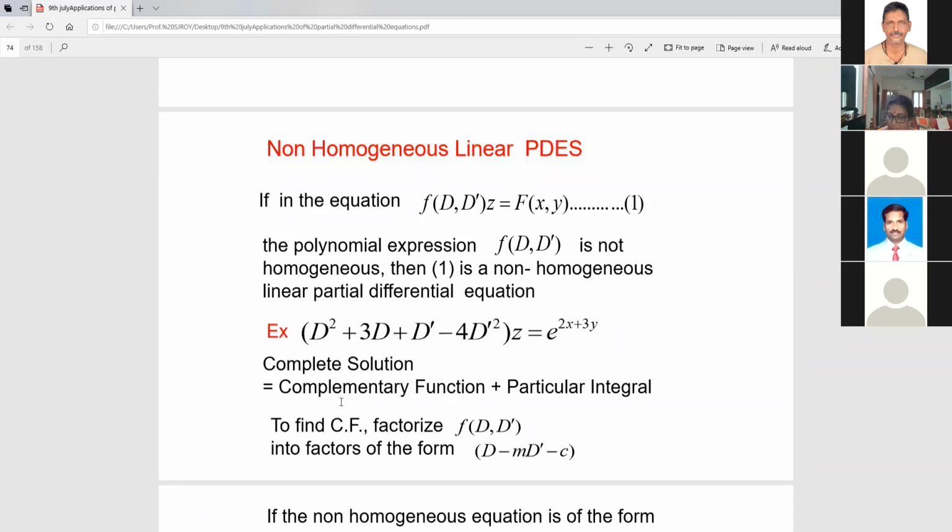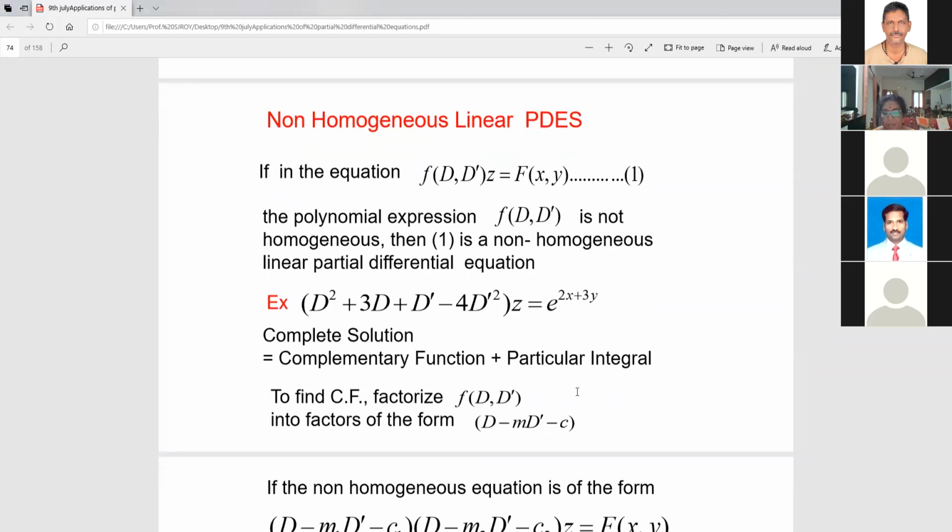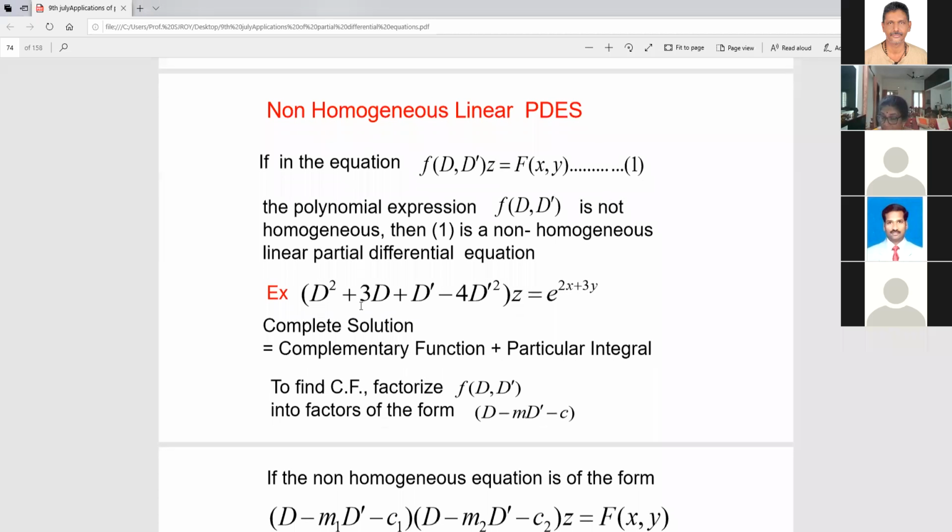It is the same story once again. You have a complete solution, whatever it is, with two parts: complementary function and particular integral. Here, complementary function means the part where, when you make it 0, this part should be 0, then we say whatever we are getting is a complementary function. Fine. And each factor, I told you, can also be factorized, so each time we are looking for factorization. Of course, if you factorize it, you will get this type of formation.